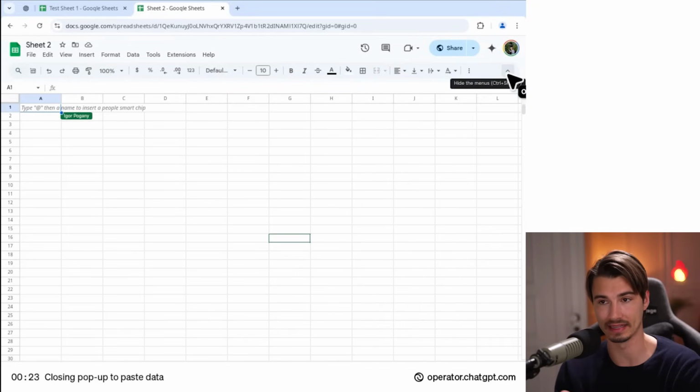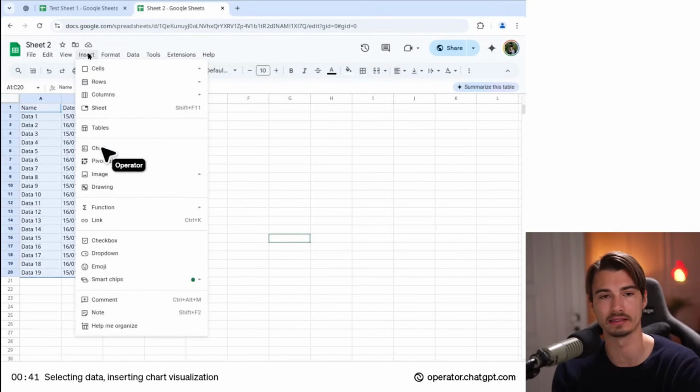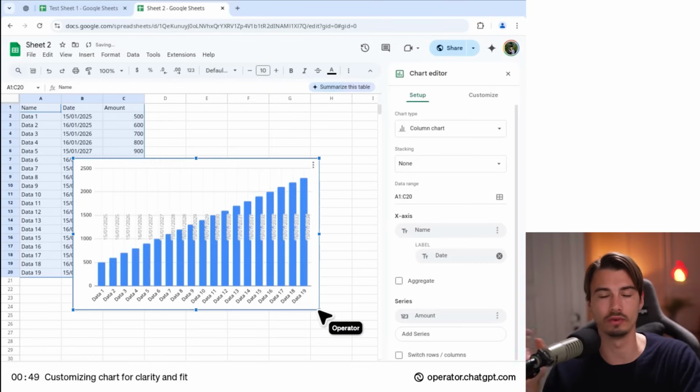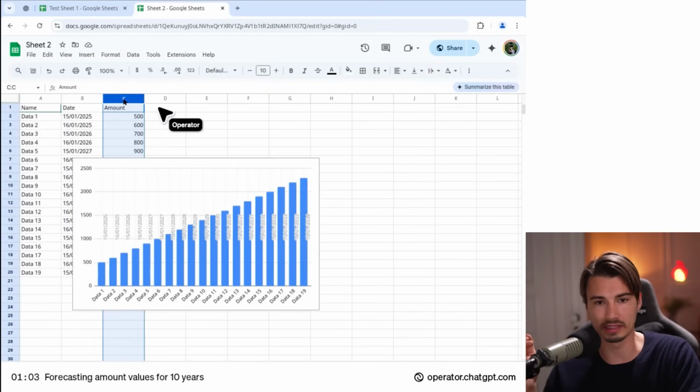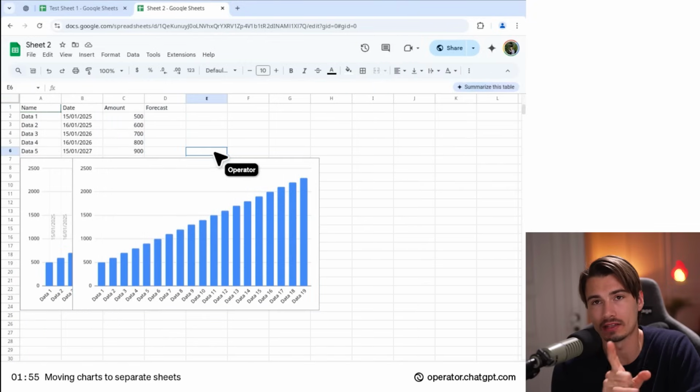So copy pasting the data, flawless. I actually ran a few more examples of this. Every time it came to copy-pasting something from one source to another, it does really, really well at these tasks. So I can see myself actually using that. By the way, this data, I literally just said the name, data 1, data 2, data 3. But as you can see, it created the chart successfully, but with the forecast, when it came to that, it